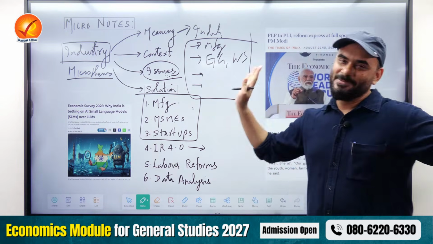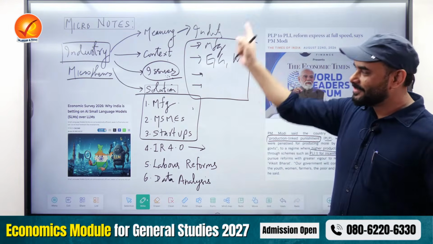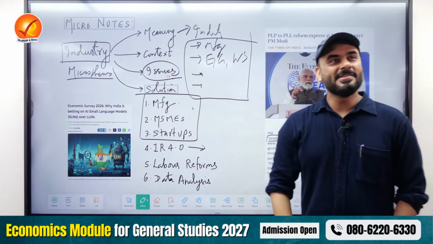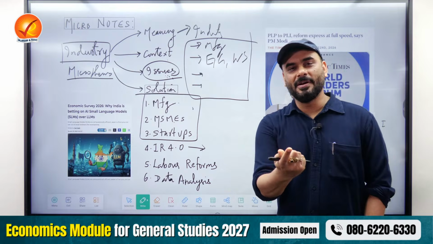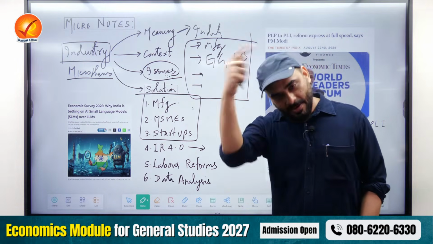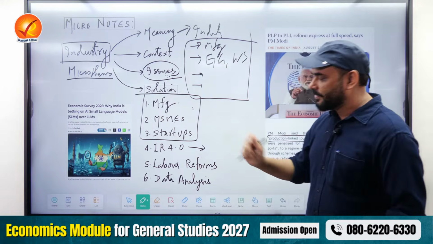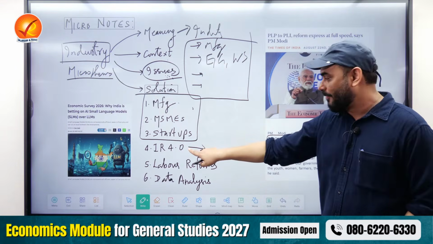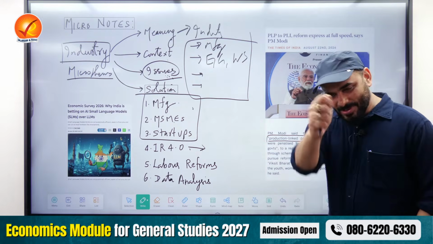I'm not saying anything, I'm just asking, can we predict using this structure? 100% we can. Predict as in, is it a guarantee that a question will come? I don't know. But if we prepare, is there a very high chance that if a question is asked, we'll be able to answer? 100% yes. Because these are the only policies which are being followed, which is Industry 4.0. That shows it.